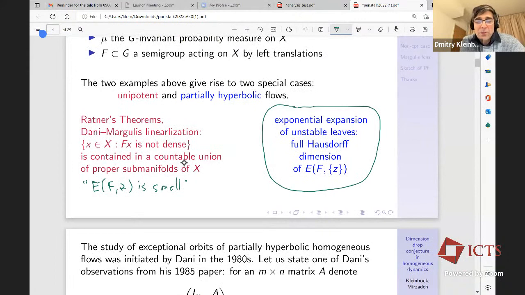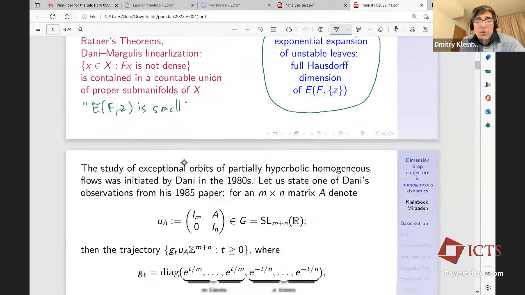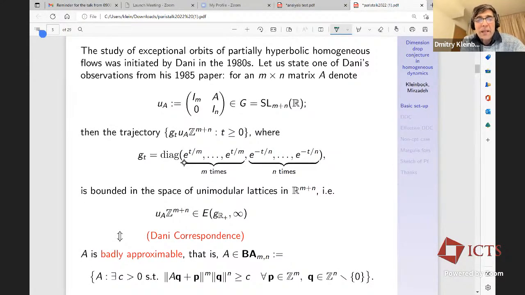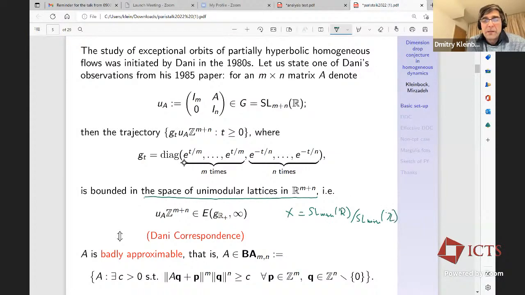This study of exceptional orbits was actually initiated by Dani in the 80s, and let me show one observation of Dani on this slide. You look at the space X, which is the space of unimodular lattices in R^(m+n). So X here is SL_(m+n)(R) modulo SL_(m+n)(Z). And F is the one-parameter semigroup g_t, t nonnegative, where g_t is given by this, expanding the first m components and contracting the last n components. Then you look at the trajectory of certain lattices in this space, and the trajectory is bounded if and only if this matrix A, which you have in the top left corner,